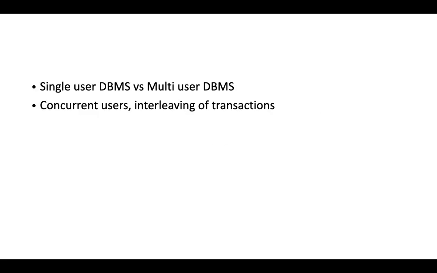So there are actually two types of database. Single user databases and multi-user databases. Single user database means there will be only a single system and a single person interacting with that system, and that database would be for that particular person. You can imagine a person running a grocery store, and it is for himself. That database is for himself.